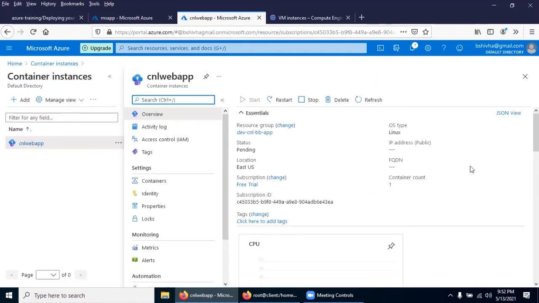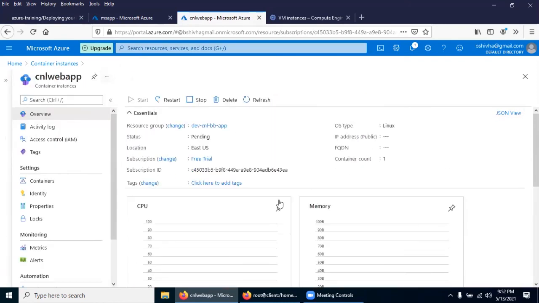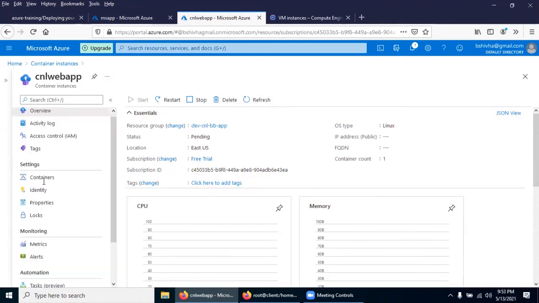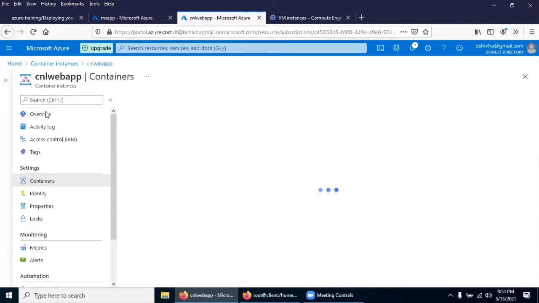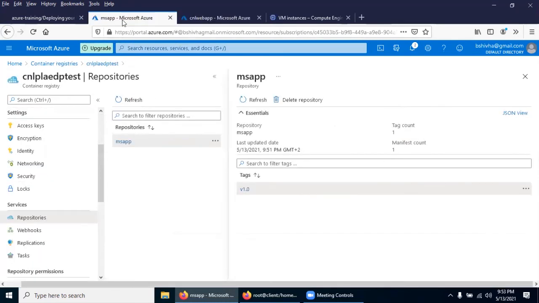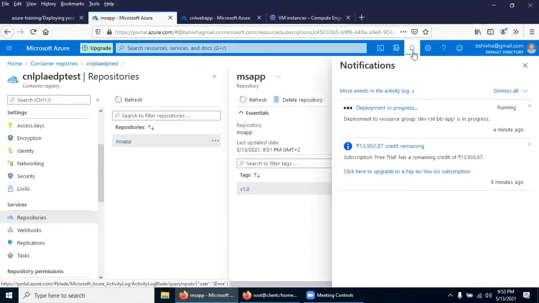It's getting created, so let's wait for some time.